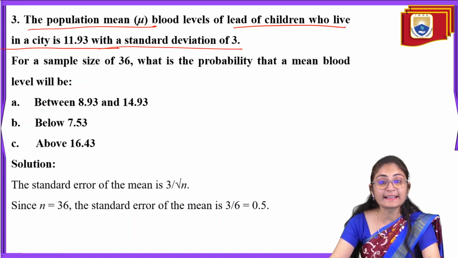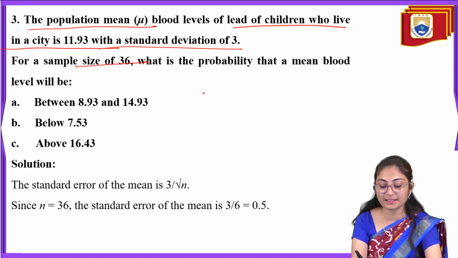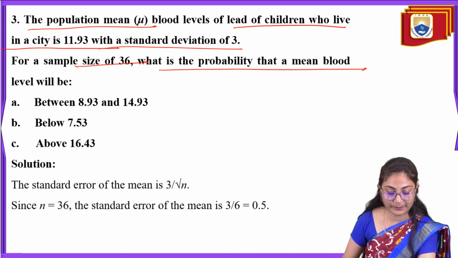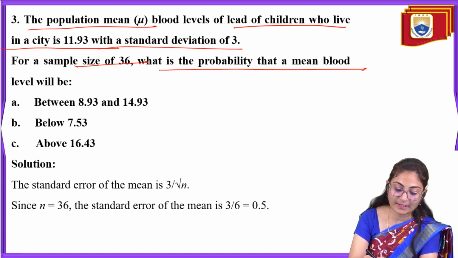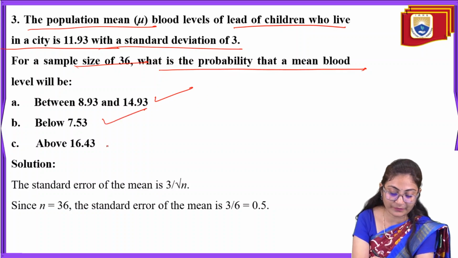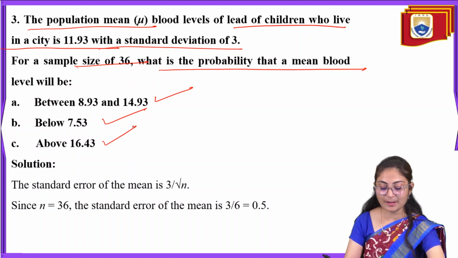So sample size again 36. Now the sample size is different: 36. What is the probability that the mean blood level will be between 8.93 and 14.93, below 7.53, and above 16.43? Again our sample size is